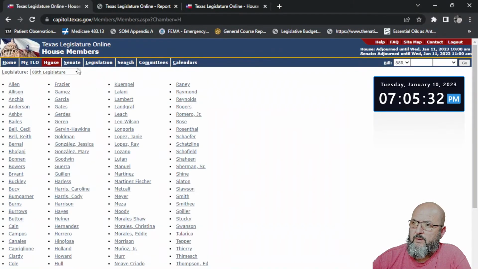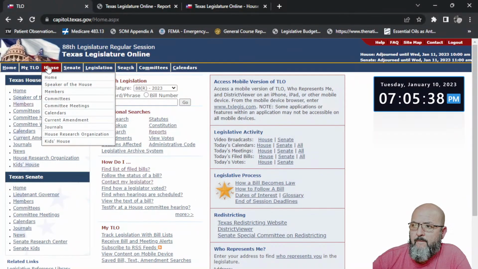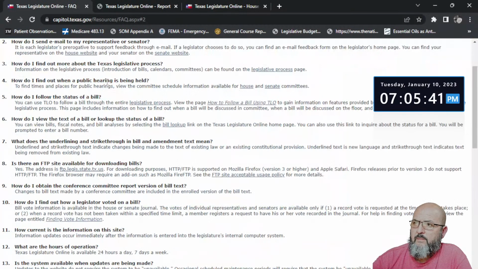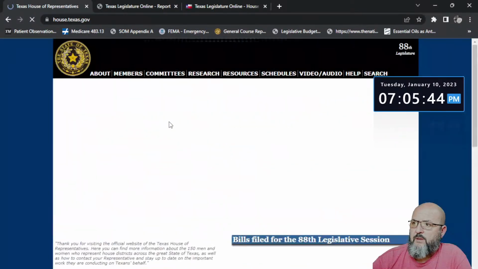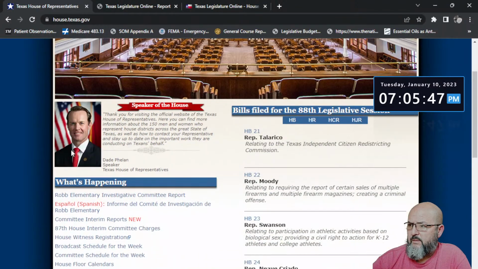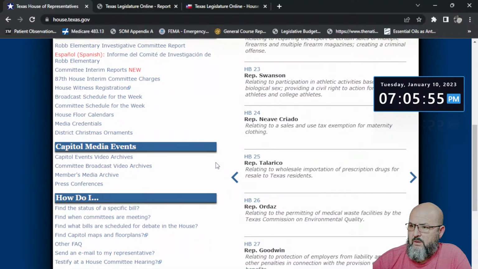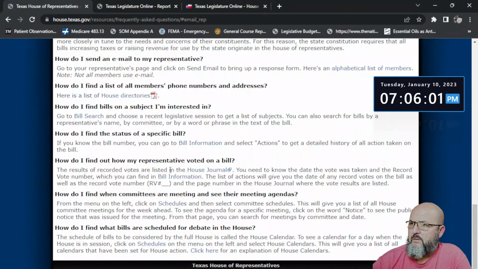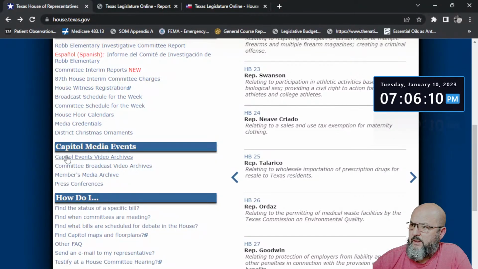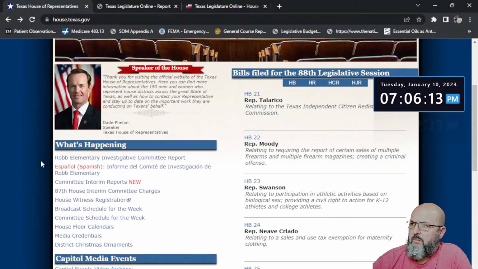Members. These are all the members of the House. That's not going to be the right one. My bad. So we'll go this way. You can find your representative on, there we go. I watched this dude get elected to the House of Representatives as the Speaker. So how do I send an email to my representative? It's an alphabetical list of members. There's actually on here a map